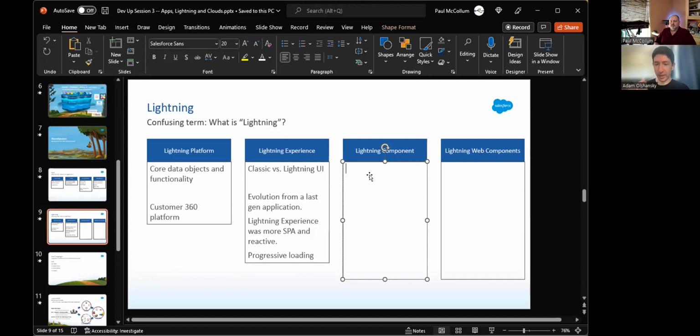And again, Visual Force pages were very button heavy, very page heavy. If I wanted something new to happen, I'd have to click a button. There was some minimal JavaScript happening based on your interactions. But with this advanced Lightning experience, there needed to be a new way for people to be able to customize the UI. And at the time, I think when Lightning Experience came out, somewhere around there, at